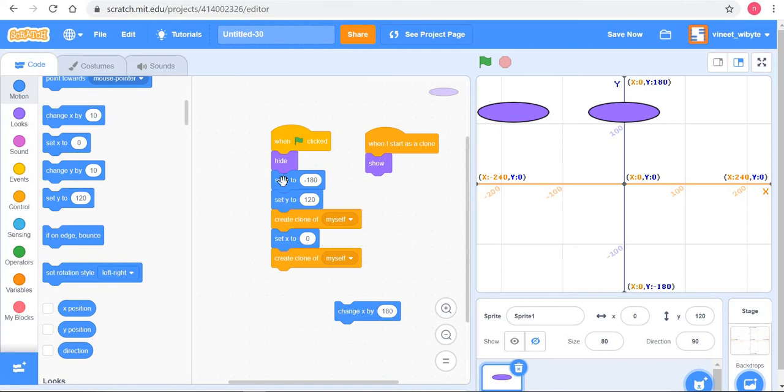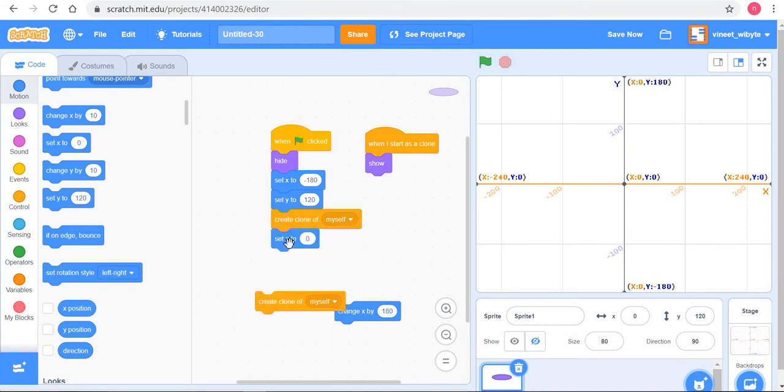So here we say set x to minus 180, y to 120, create a clone, then set x to 0, create a clone. I'm not changing y, so y doesn't change, right? I could also do this. However, I prefer to use change x by 180 because remember, it was minus 180 to start with. When I change x by 180, it becomes 0, right? And the reason for this will become clear in just a moment.